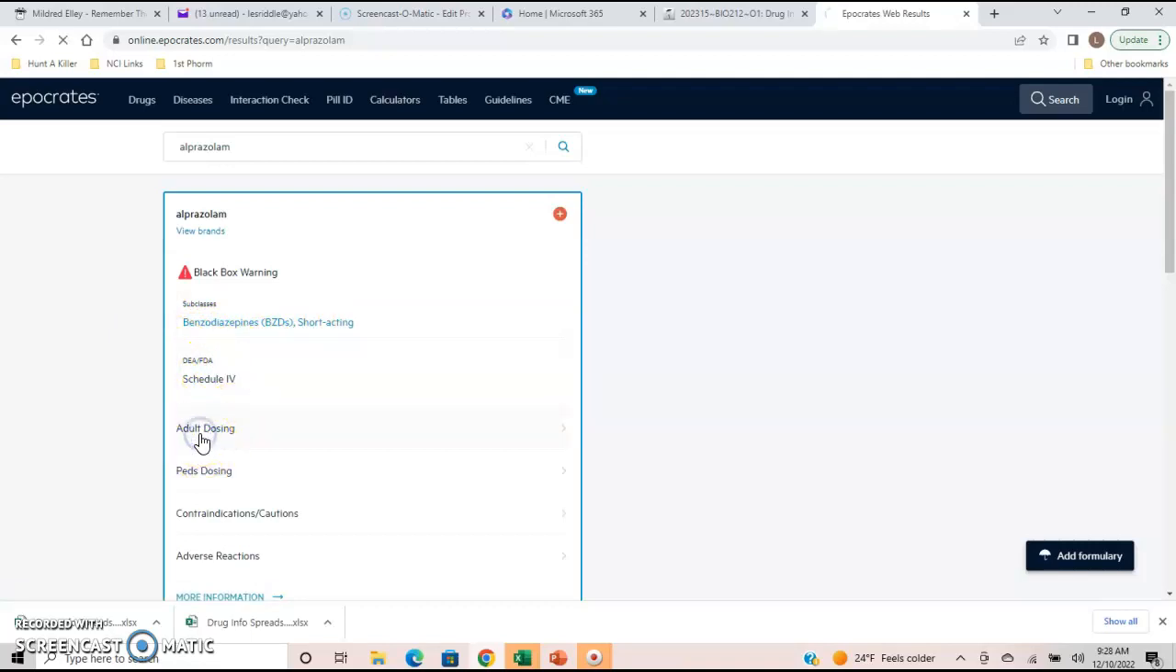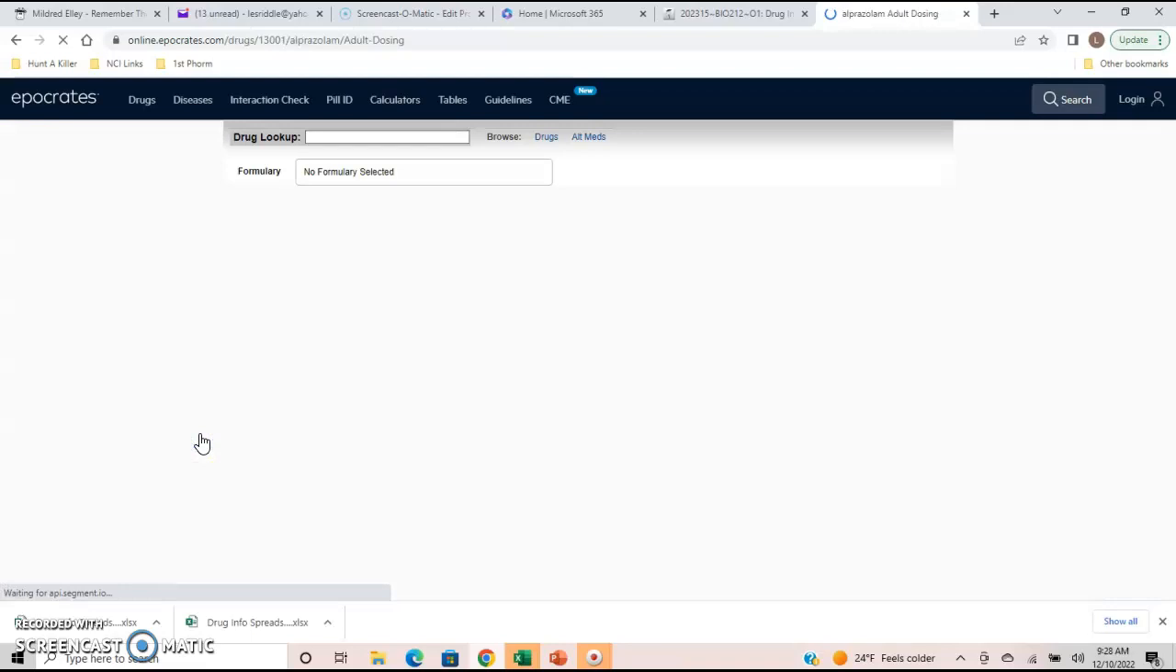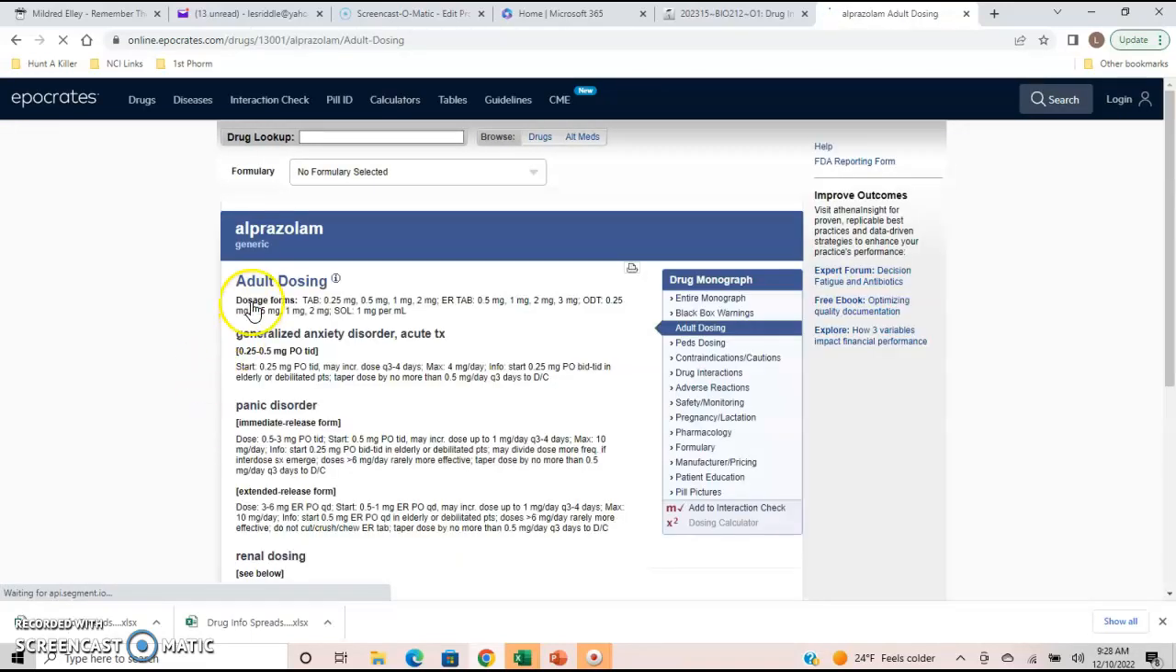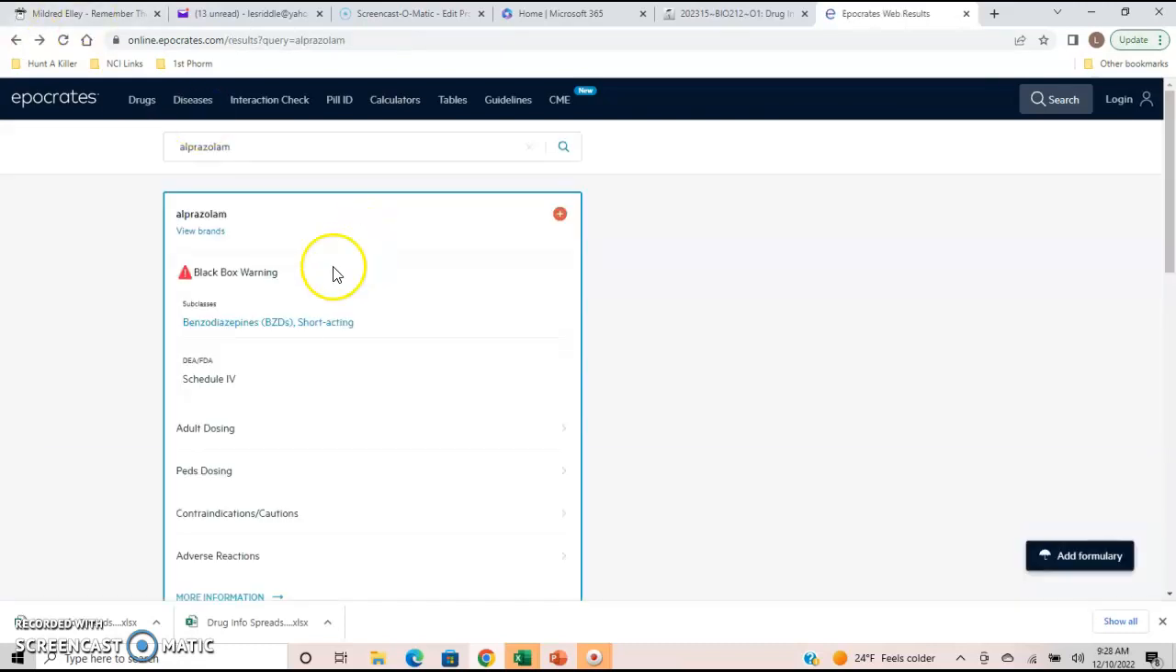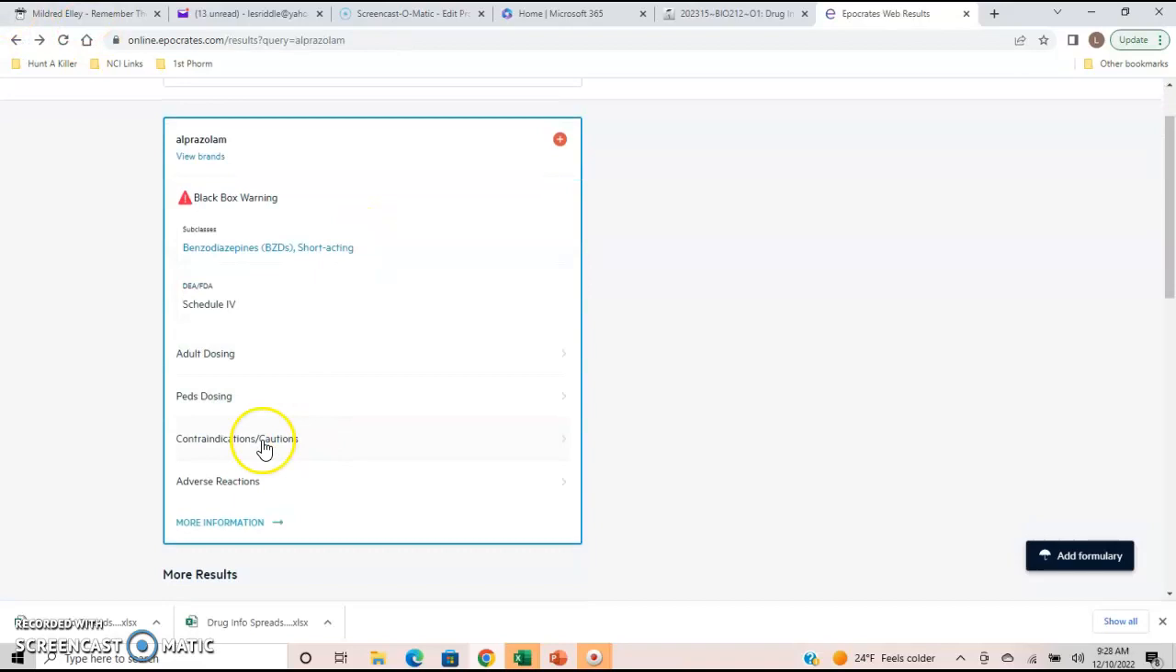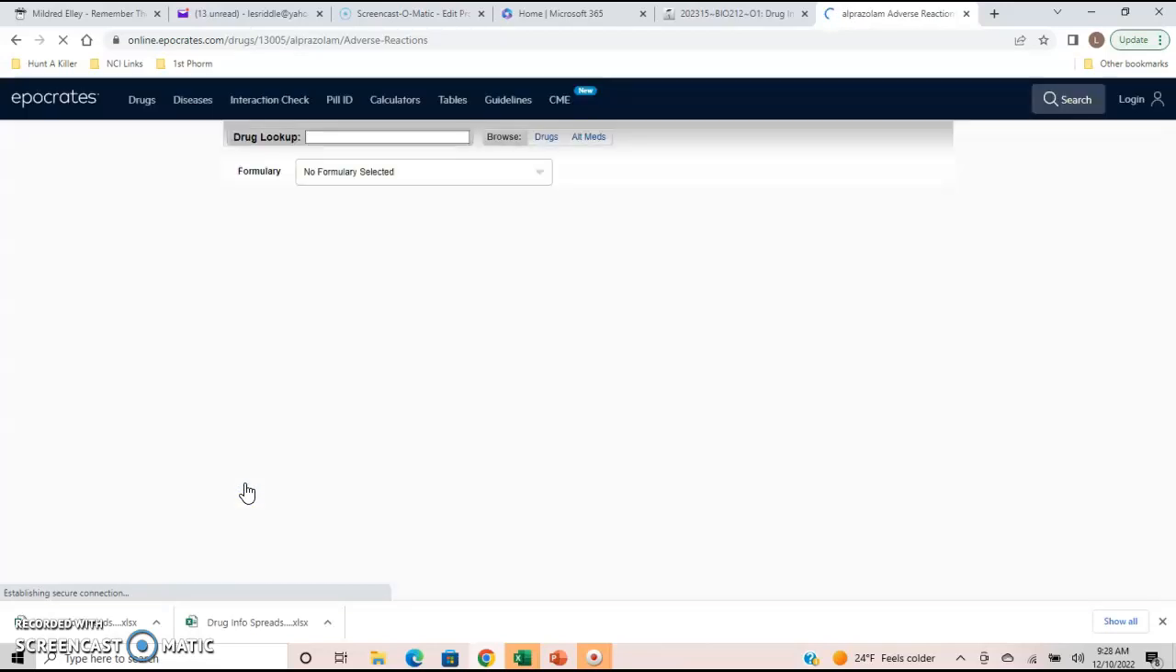You could click on dosing, and that's where you get the dosing for panic disorder or anxiety. And again, you're going to put 0.25 milligrams, PO is oral, TID is 3 times a day, and you can just put that right into your chart. You don't have to include every single indication for dosing, just at least 1 or 2. Adverse reactions is where you're going to find those side effects. So if we click on that, we find